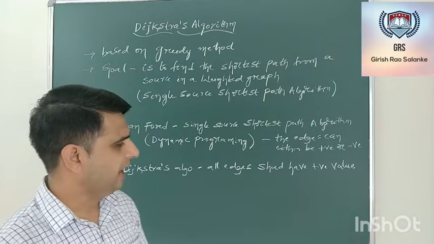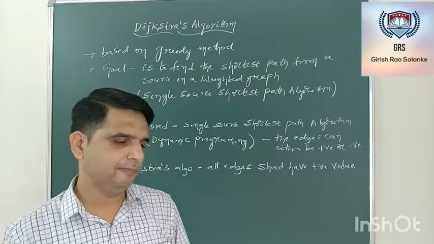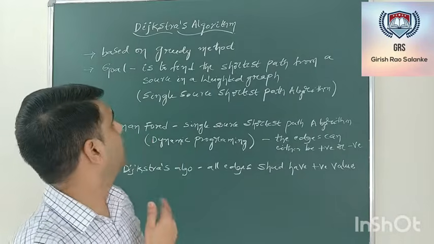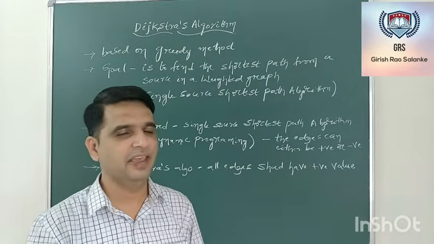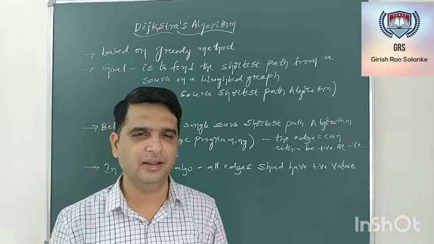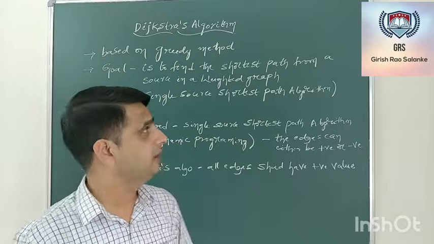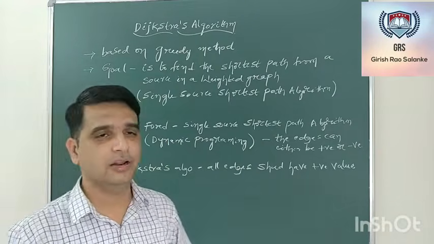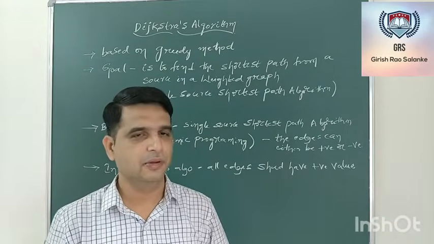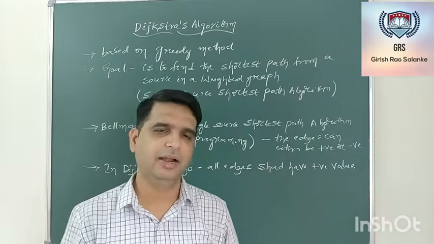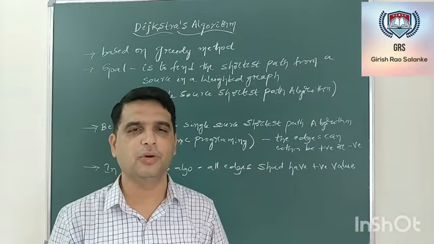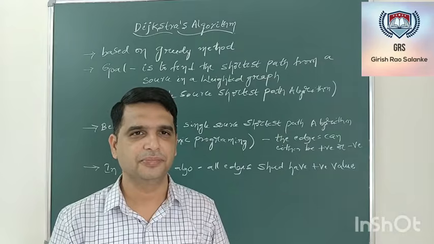Sometimes I see authors referring to the algorithm name as Dijkstra's. It shouldn't matter whether the J is silent or not. I generally refer to this algorithm as Dijkstra's. Hope this is fine. We will go ahead with how to trace Dijkstra's algorithm, and then we'll go for the pseudocode of Dijkstra's algorithm.